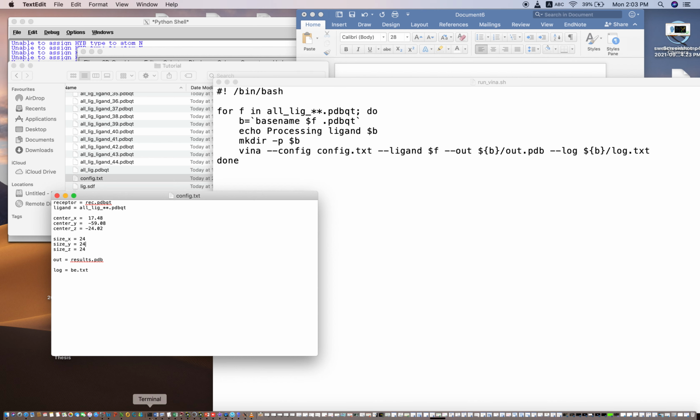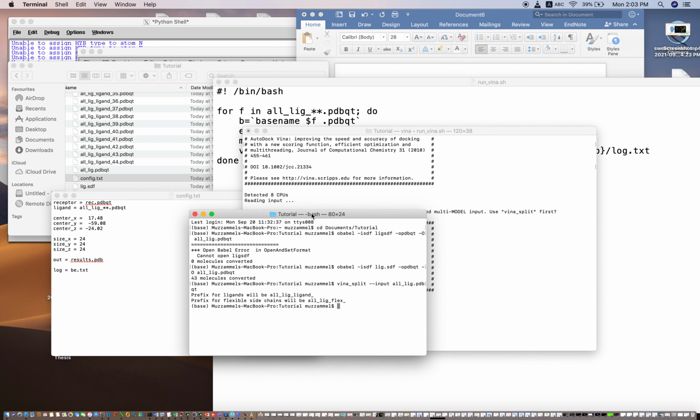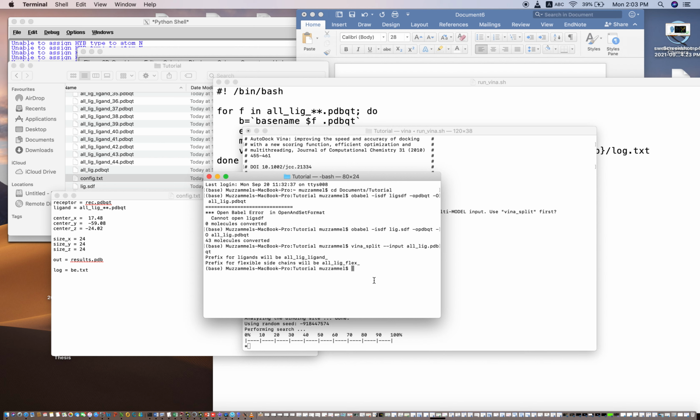Now I will again use the terminal, and the first thing is you will have to set the directory in the terminal as well. This is very basic, by typing cd. My folder is present in Documents with the name tutorial, so I type cd, then Documents, then slash tutorial. So I'm present in my directory, and you will work in this directory by going through the command line.